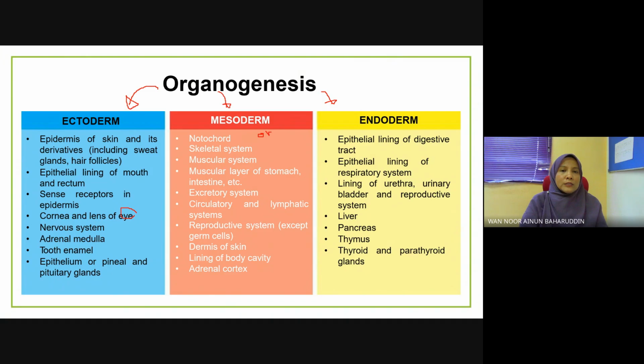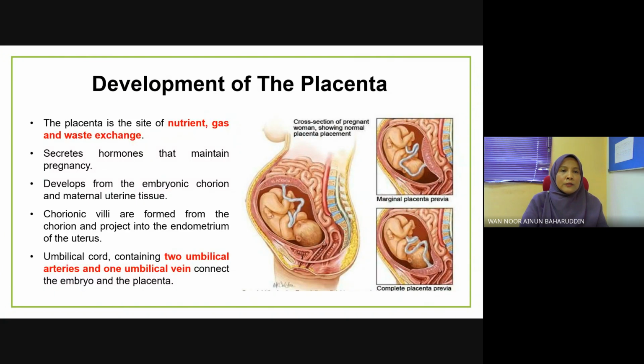Organ itself is from the mesoderm. For example, skeletal system, muscular system, reproductive system, dermis of skin, adrenal cortex, circulatory and lymphatic system, reproductive system also. So then we do have the third one, the inner layer is lining for the digestive tract, and then lining of respiratory system, lining of urethra or urinary bladder. It also can form liver, pancreas, thymus, thyroid, and parathyroid glands. So we can see